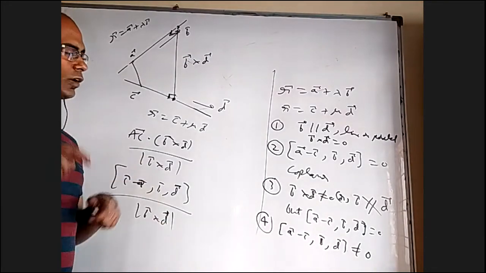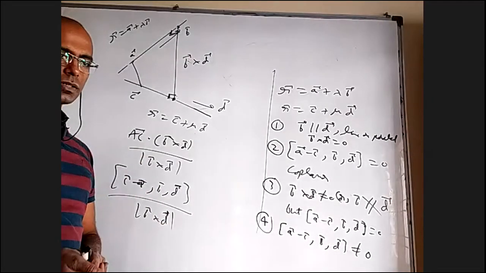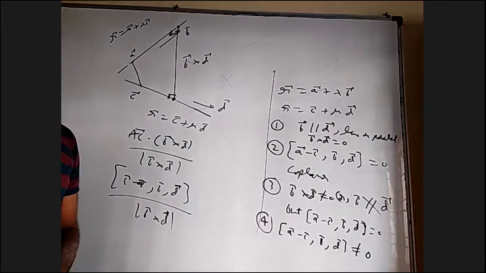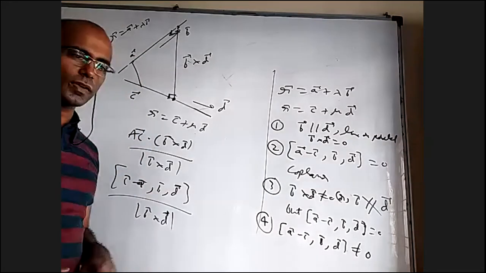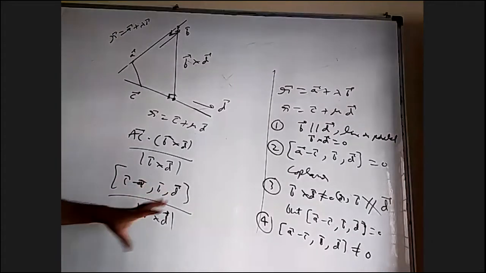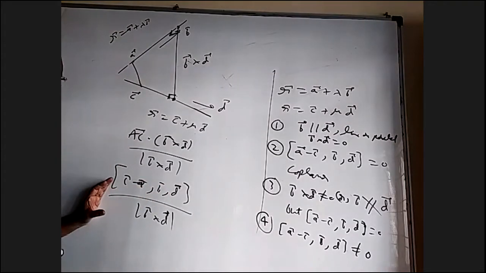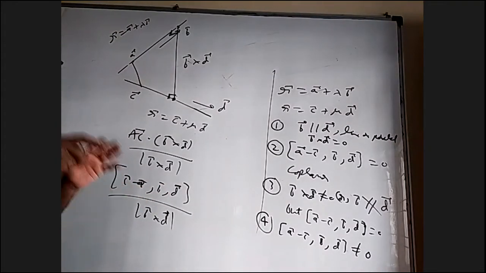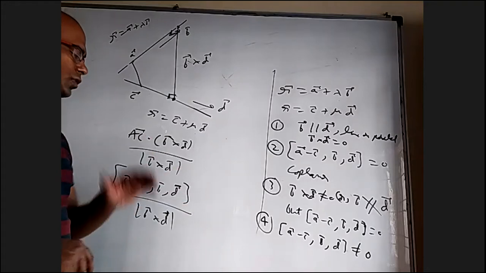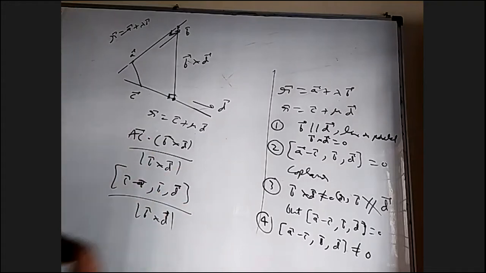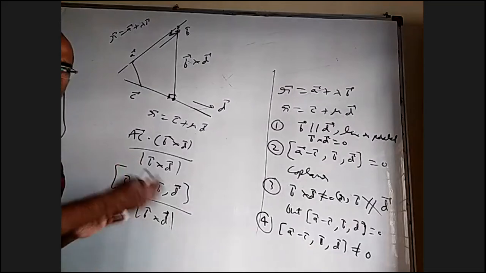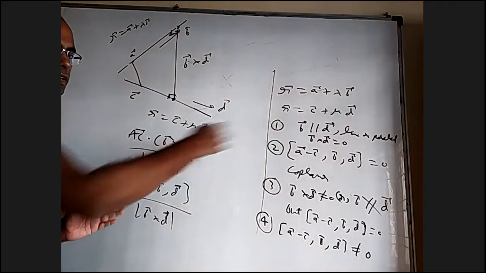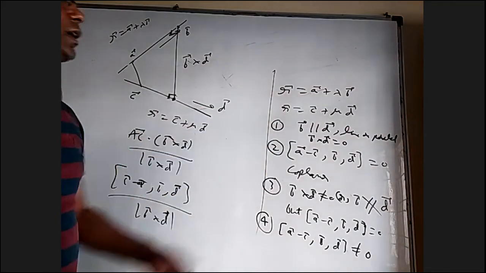Then one may ask, how will you find the distance between parallel lines? That is some other way, not this formula, because B cross D will be 0. How to find the distance between parallel lines, we will see. So this is the shortest distance between two skew lines. But if they are not parallel but intersecting, this will be 0 because the denominator will not be 0, the numerator will be 0. In that way, you can connect. The reason I told the shortest distance, I would have told it a little later, is so that you can connect this formula versus that.